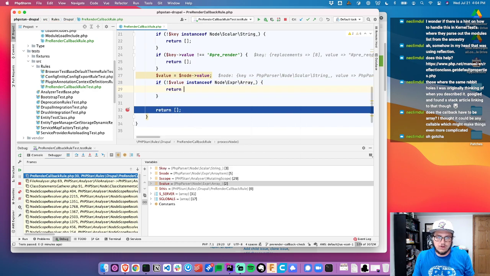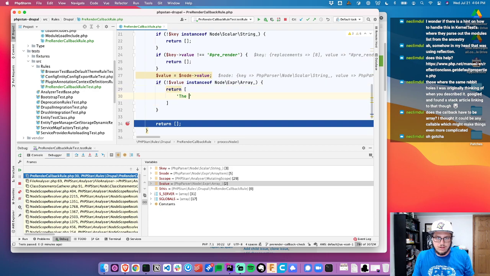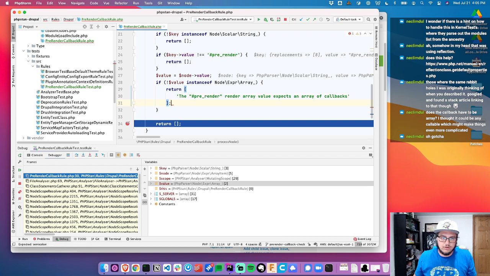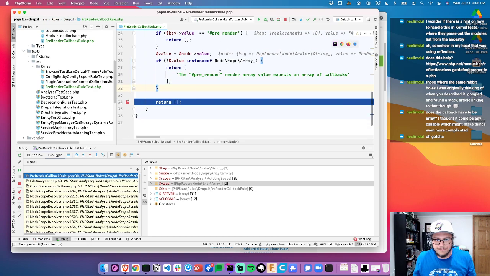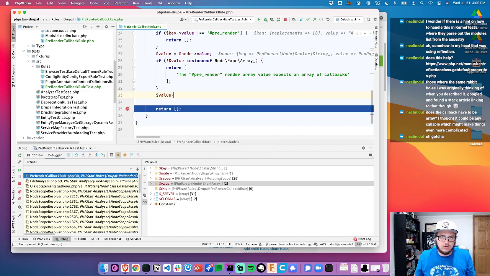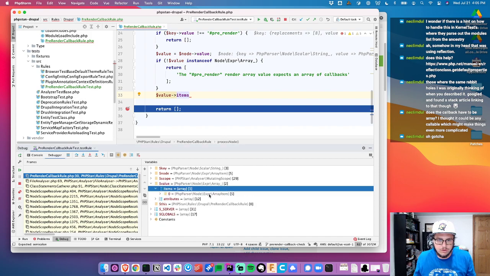we can return the pre-render render array value expects an array of callbacks. So that's an array all on its own. If it's not an array, you know, we could make that be another rule, but we'll just leave that as is. So value items. So then we have to loop through all of the items,